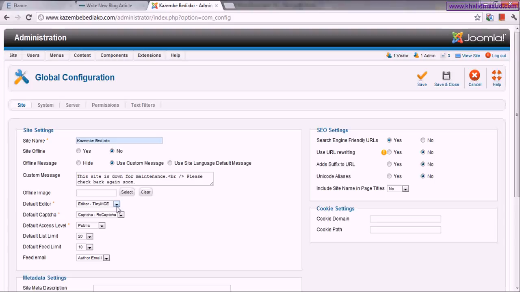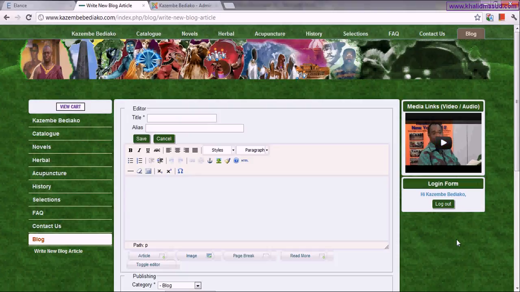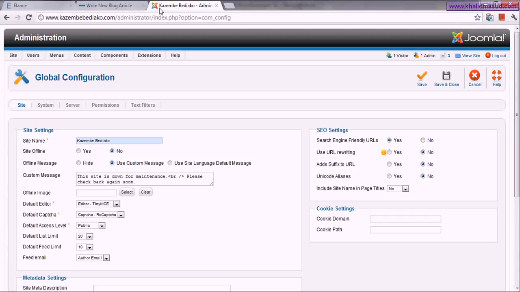One thing more: in the backend, although you can edit, add or delete text material via this TinyMCE editor, if you try to open the video, picture or catalog things via TinyMCE,